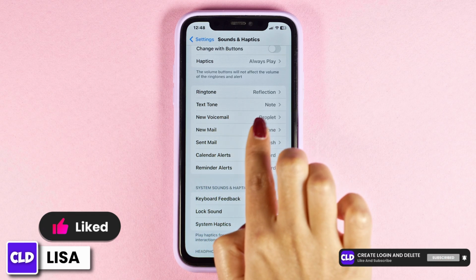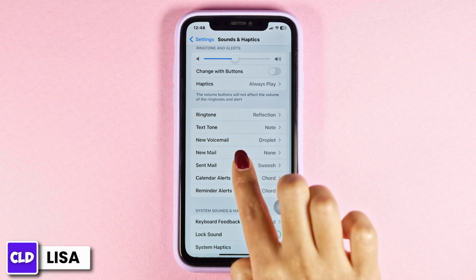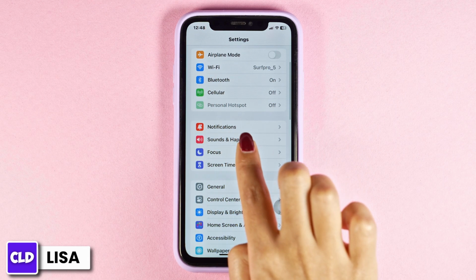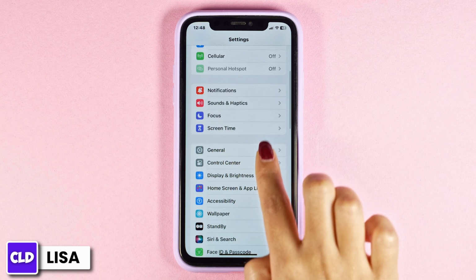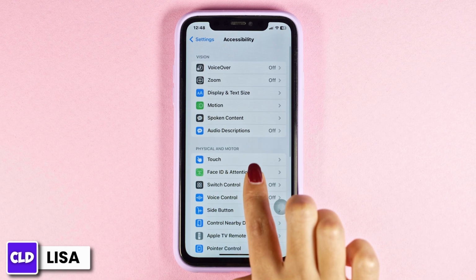Do the same for all these available options: new voicemail, new mail, sent mail, and everything, and other options. After you customize these settings, head back, scroll down, navigate to the option of accessibility, then open this option of